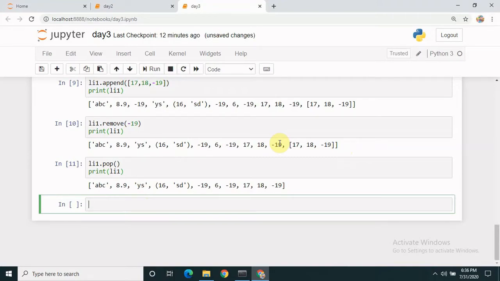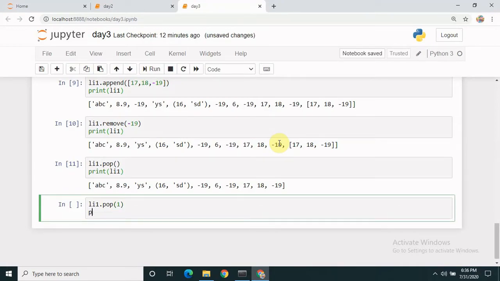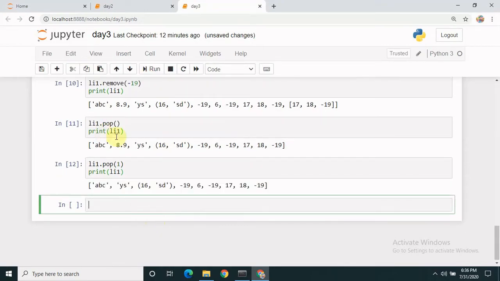Alright, but if you want, you can put an index. I say li1.pop(1). Print li1. Notice the 8.9 gets deleted because that was the 1st element.